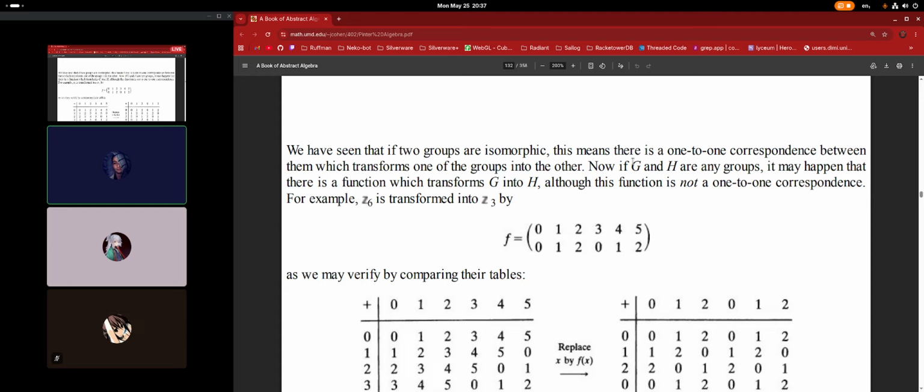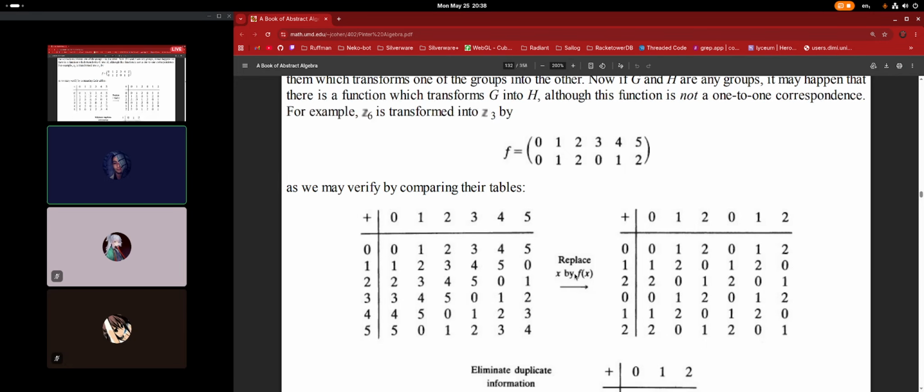So you don't have a one-to-one mapping, and you have G and H, which are any groups. And it may happen that there is a function which transforms G into H, although this function is not bijective. For example, modulo 6 on integers is transformed into modulo 3 on integers. So how does that actually work? You grab the values of the first, so 0 to 5 is modulo 6, and you apply the function that maps that to modulo 3, and you're gonna get this thing,